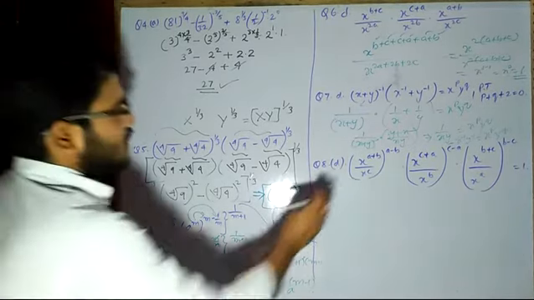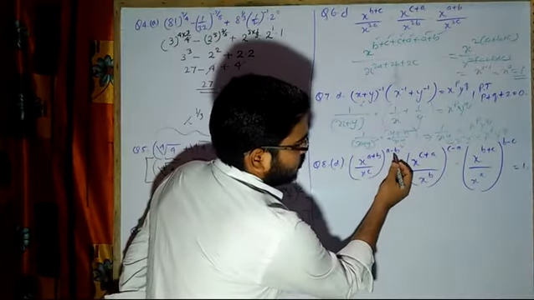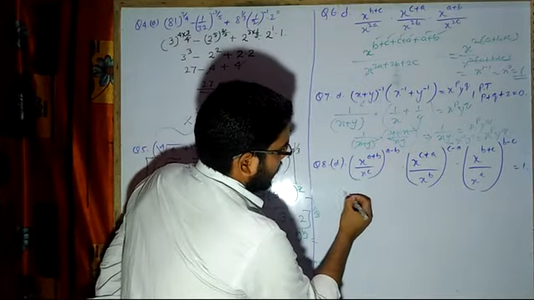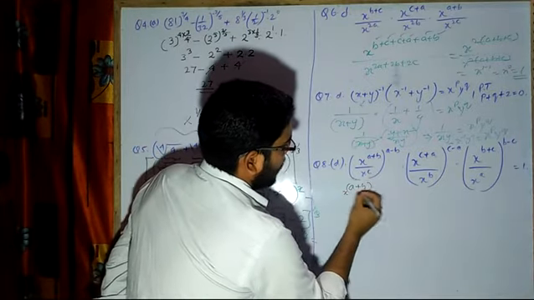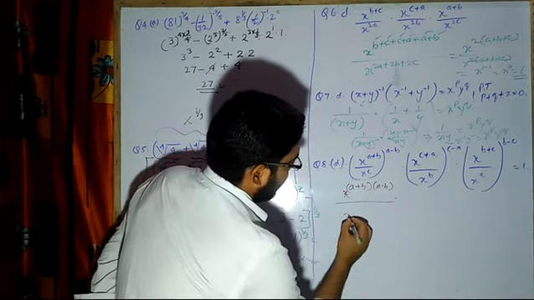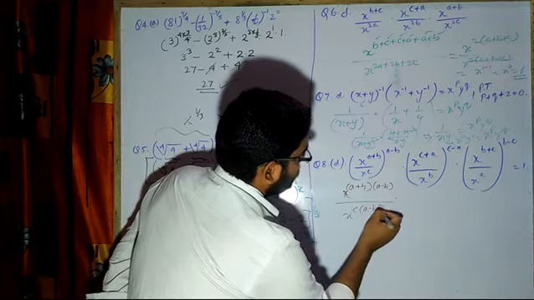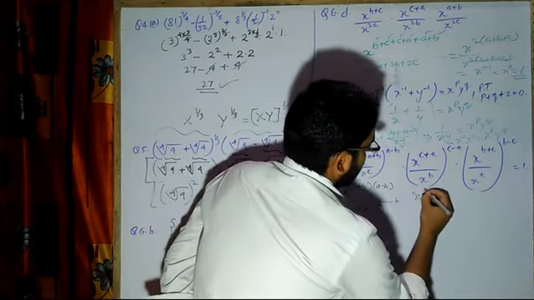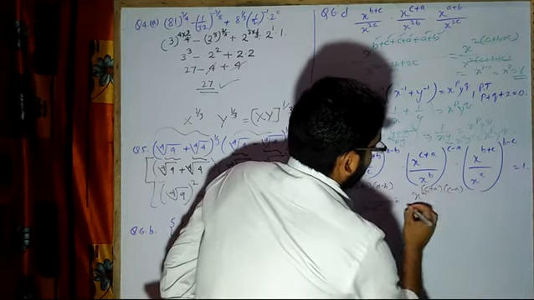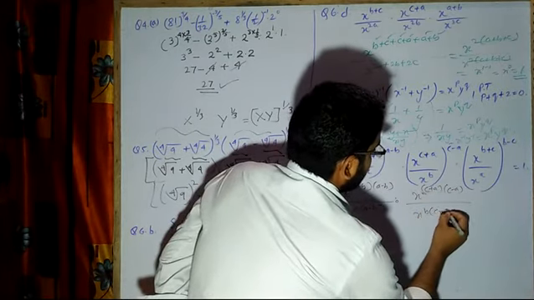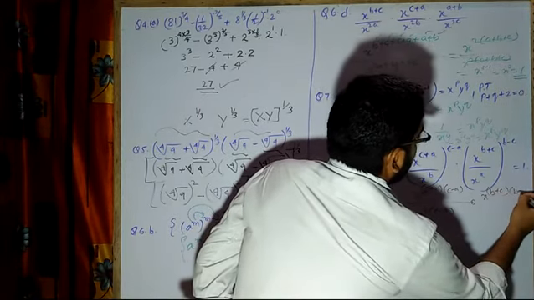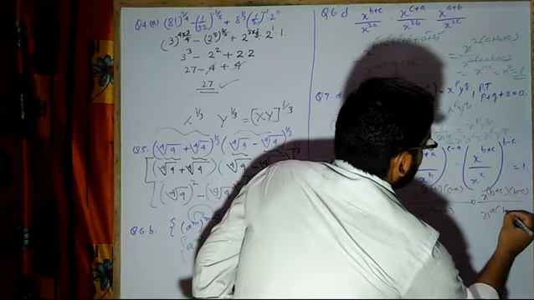As you all can see, exercise question number D, it is given: a plus b into a minus b, c plus a into c minus a, b plus c into b minus c. So if I apply the MN rule, I will get x raised power a plus b multiplied with a minus b, right? Then I will be getting in the denominator x raised power c into a minus b, correct? Then I will get x raised power c plus a multiplied with c minus a, whole divided by x raised power b into c minus a, again multiplied with x raised power b plus c into b minus c, divided by x raised power b into b minus c.